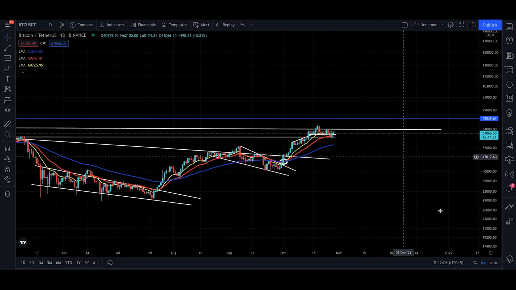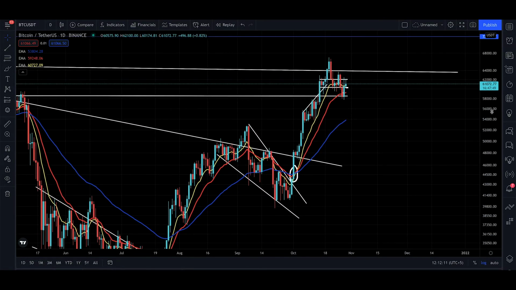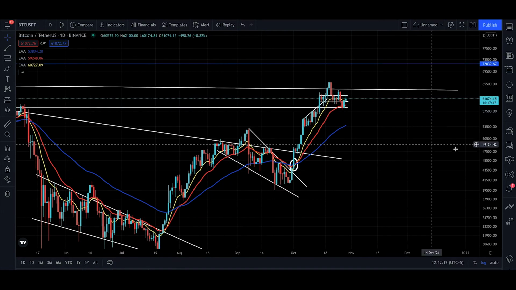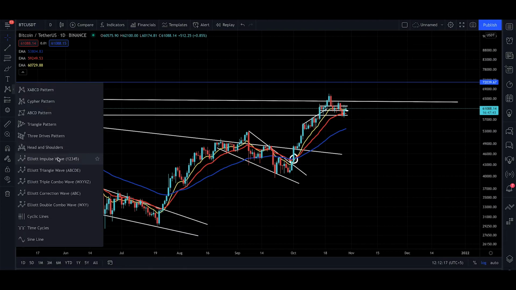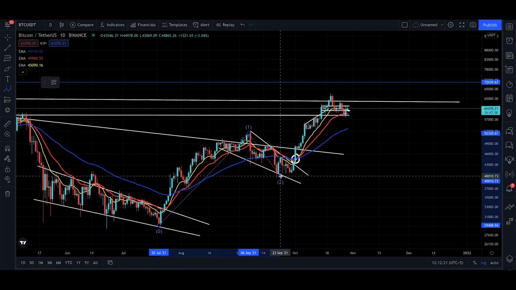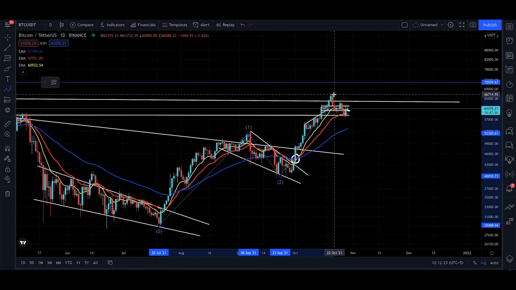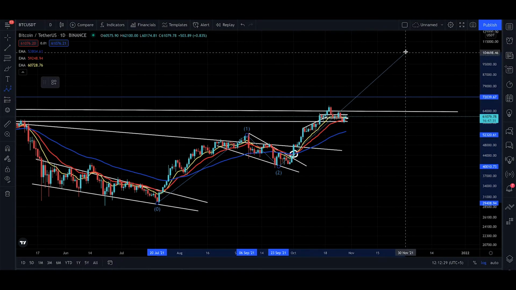I'm going to remove this one right here. Okay, I'm going to show you the Elliott wave theory that I think Bitcoin is doing right now, and I'm going to take this 1, 2, 3, 4, 5 impulse. Now this is your first wave. Okay, this is your second wave. This is not your third wave. Okay, this drop for me is not your third wave, and I do think we're going to go all the way